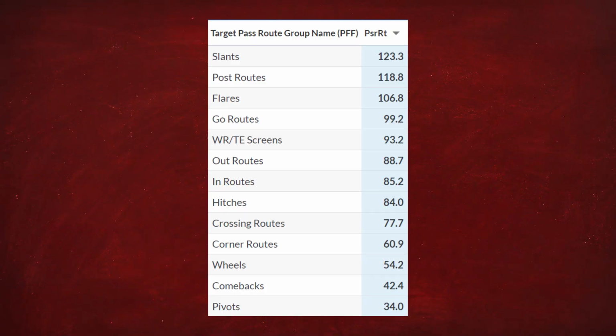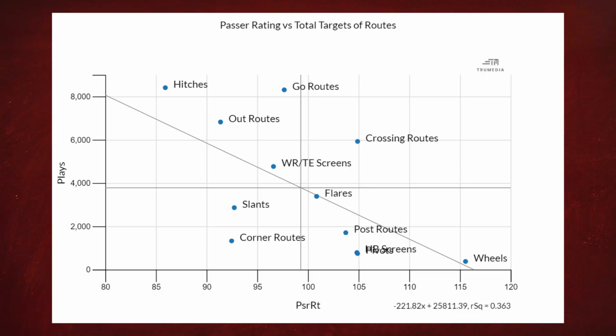If this is true, you would expect the opposite to be true for a success rate focused team, and you do when you look at Clemson, where gos and posts are 2 of their 4 best routes at producing high passer rating. In fact, if we expand this out to all of college football, you start to see a similar trend. The more often routes are thrown, the more likely defenses are able to shut it down. This could also potentially mean that these routes, which tend to be the deeper routes that we've already established tend to lead to higher passer ratings, may not actually be inherently better.